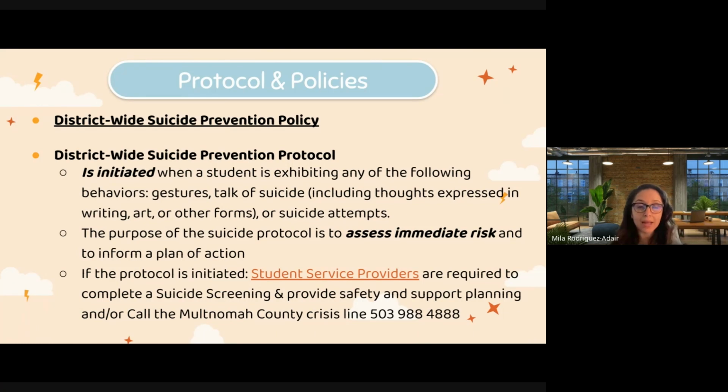So we as student service providers, school social workers, school psychologists, school counselors, and administrators have a requirement for what we are to do and how we are to screen. And you all, as our contractors, also have a requirement to follow our protocol when a student does disclose, per the policy. If you click on the actual protocol, it will